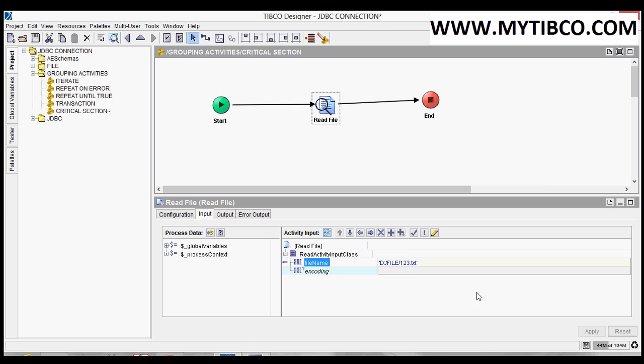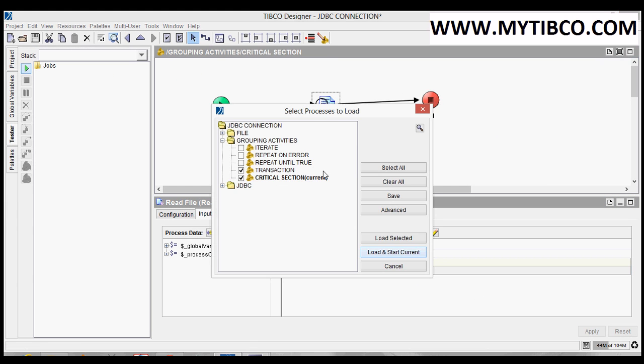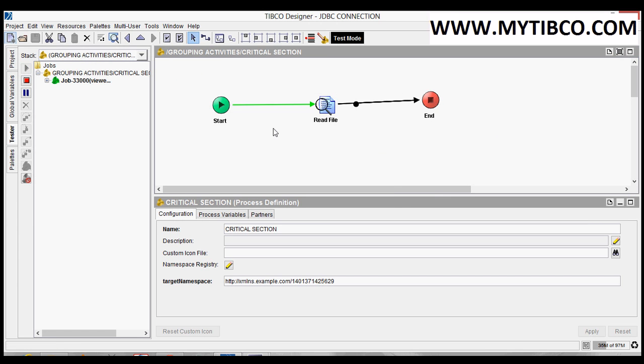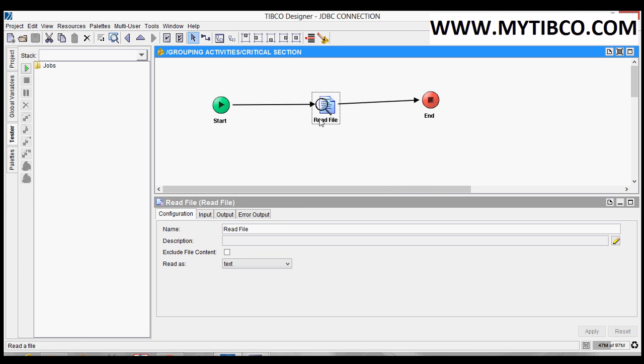Now I am creating one job to check whether the file exists or not. Okay, the file is present.